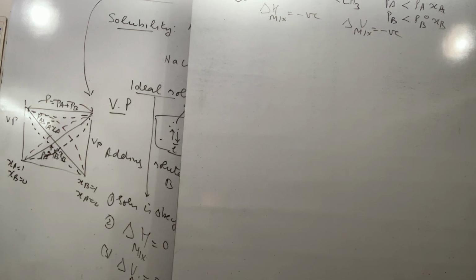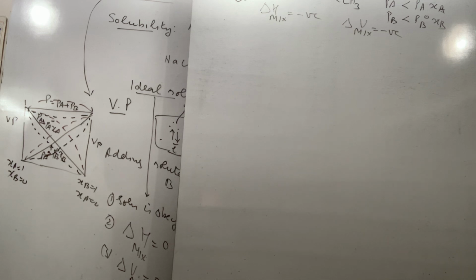Initially, the more volatile component will vaporize first, and then it will pass into the liquid state earlier. But when you have a non-ideal solution, a state will come when both components start boiling at the same temperature. For example, negative deviation gives what is called maximum boiling azeotrope,